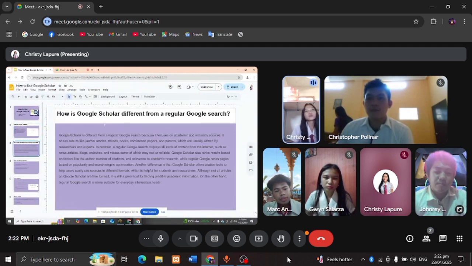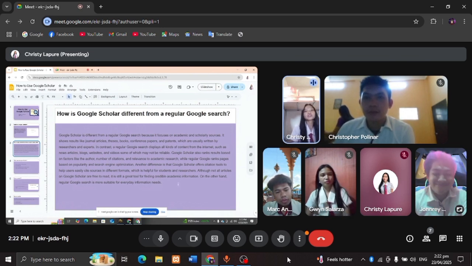Next is how is Google Scholar different from a Google search? Google Scholar is different from Google's regular search because it focuses on academic and scholarly sources. It shows results like journal articles, theses, books, conference papers, and patents, which are usually written by researchers and experts.